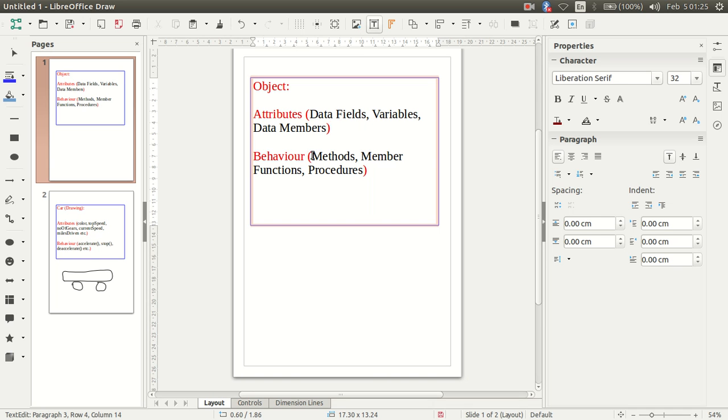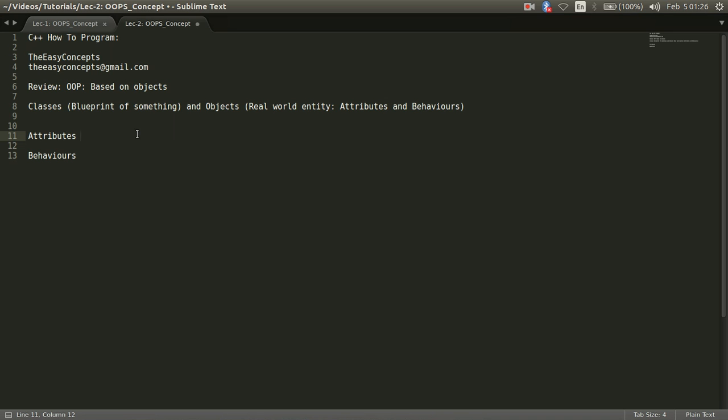Similarly, when I talk about behavior, I talk about methods, member functions or procedures. When we are talking about features, all these things mean the same thing. And when I talk about behavior or methods or member function or procedure, all these things mean that a task is being performed by the object. So I have multiple names through which I can identify the attributes, and similarly for the behaviors, I have multiple names through which I can identify them.